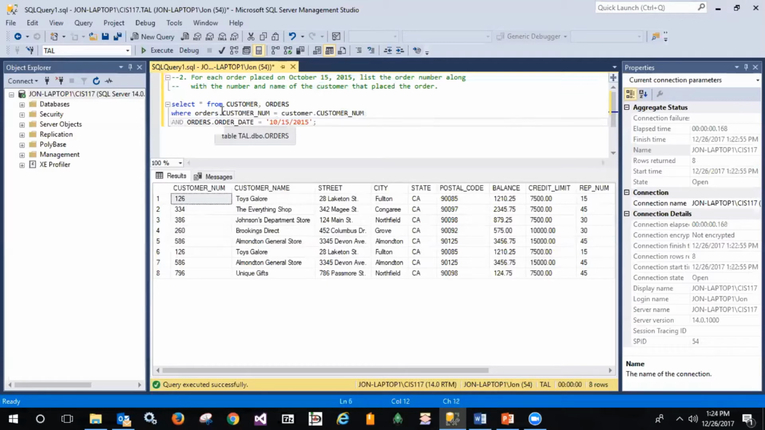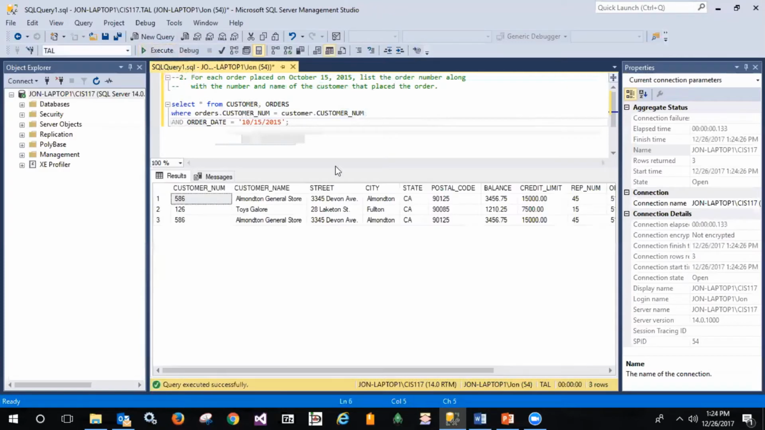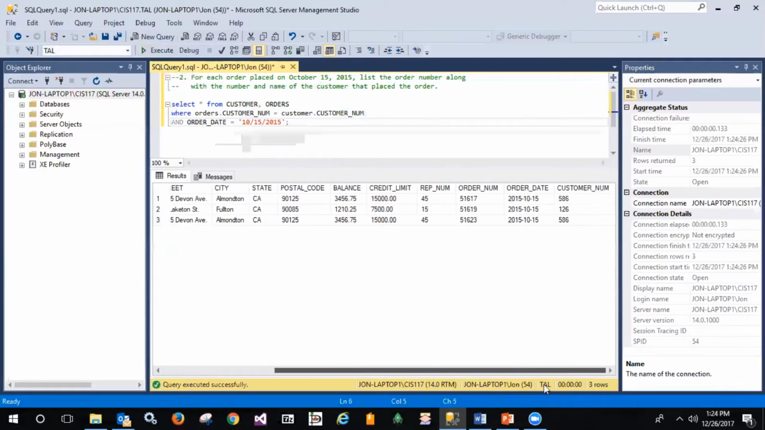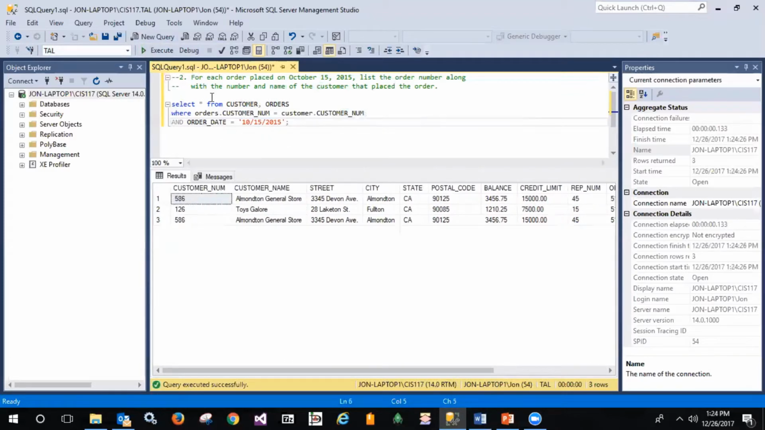But again, as long as the field name is not ambiguous, it's not duplicative, there's not a second field that has that same name, then I'm not required to do that. So let's see what we get here, and a little sanity check. Am I getting only those orders that are October 15th? I am. And now we can start to whittle down only the fields that I've been asked for